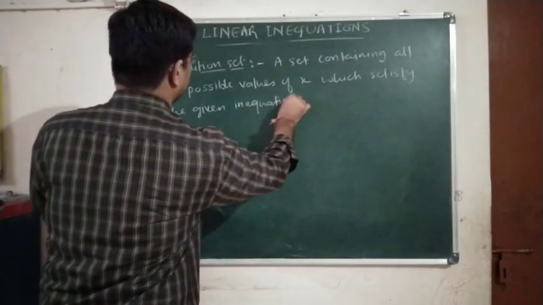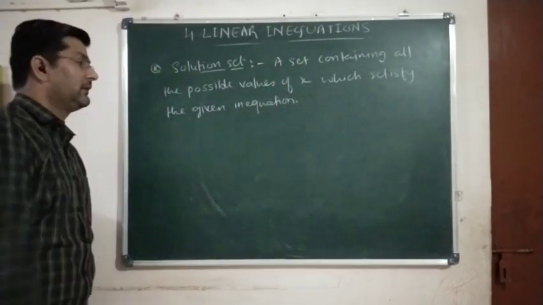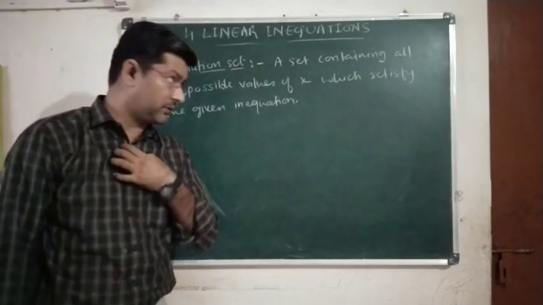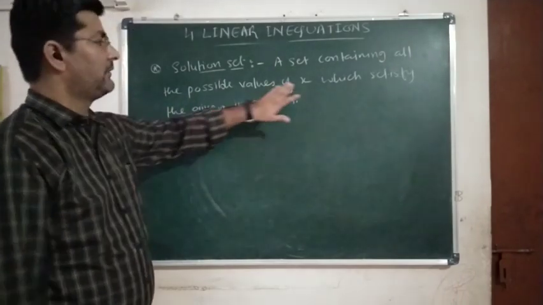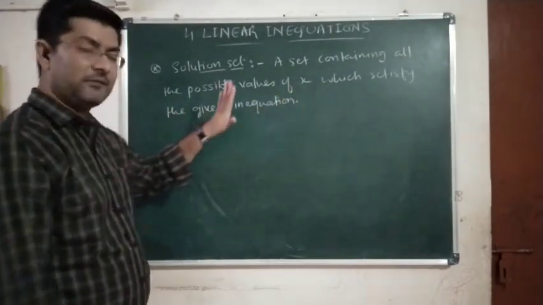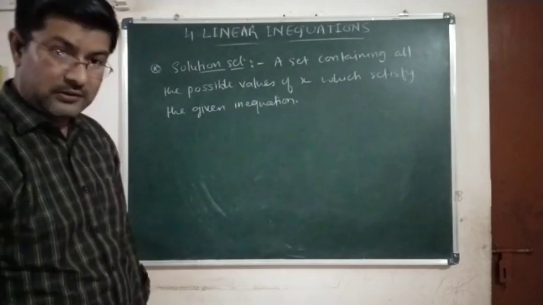Yes or no? Because we are here studying linear inequality, so we will have to deal with inequations. Okay, clear? So a set containing all the possible values of x which satisfy the given inequation is called the